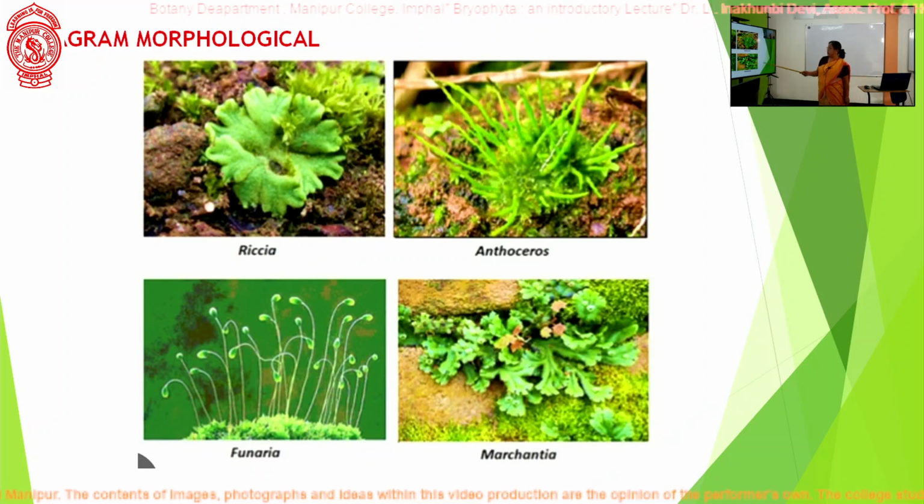Class 1, Hepaticopsida, is represented by species such as Riccia and Marchantia. The second class is represented by Anthoceros, and they are generally known as hornworts, because from the gametophytic plant body the horn-like structures develop as the sporophytic plant body. And Riccia and Marchantia are generally known as liverworts. And the third one is known as Bryopsida,